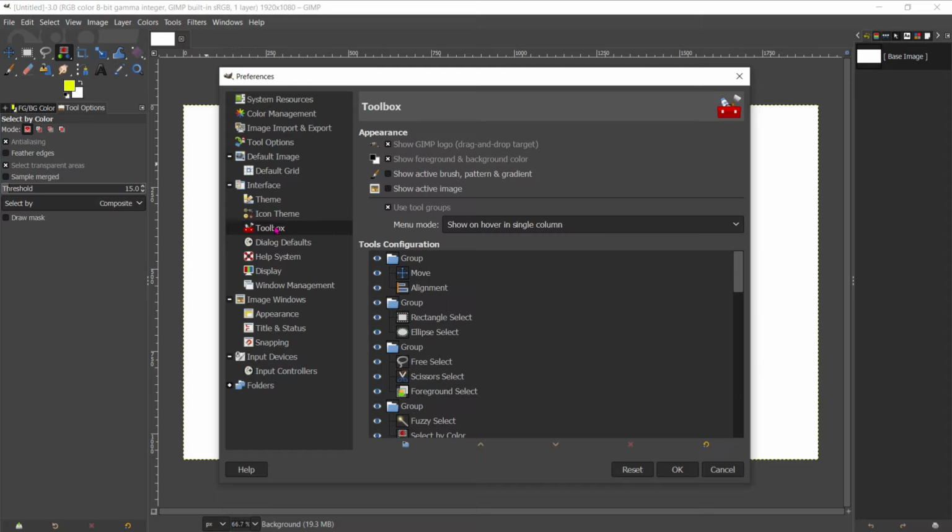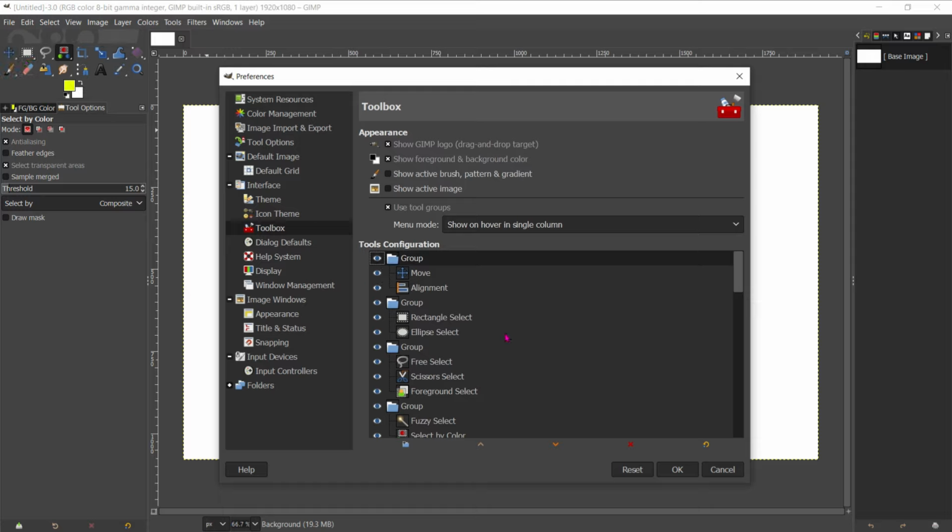And then we have the toolbox. Here we have groups. In this group we have two tools, move and alignment. If I switch it off, it will go away from this section, as you can see here, this move.